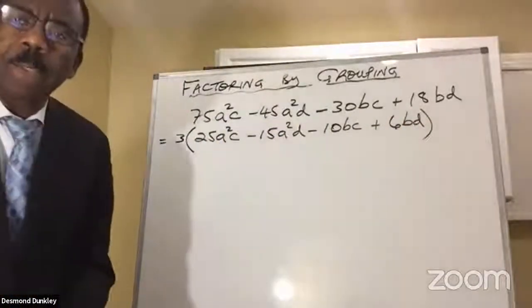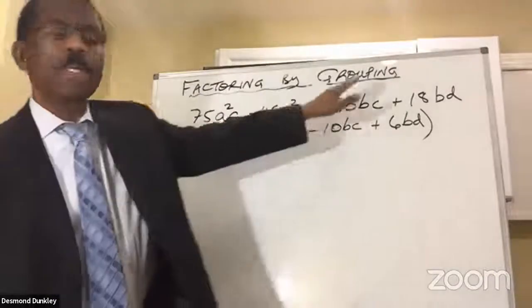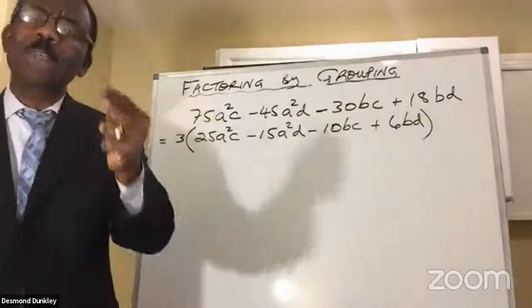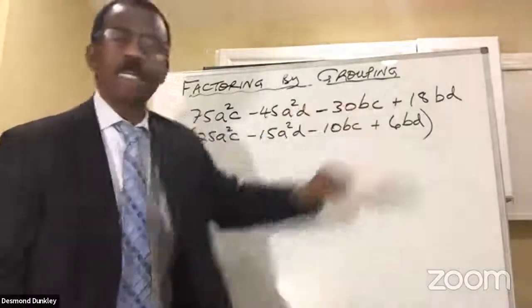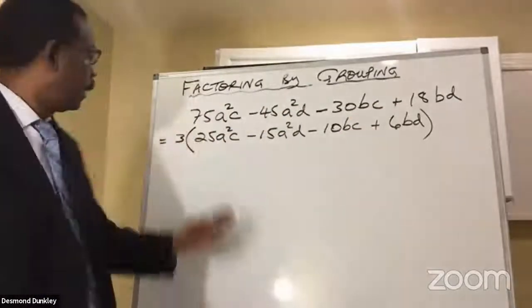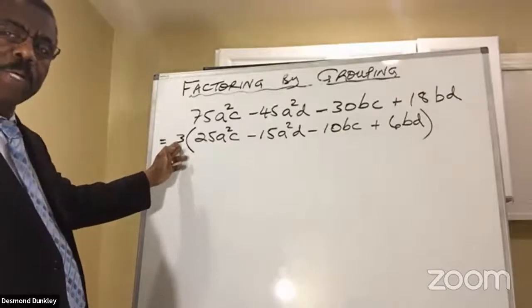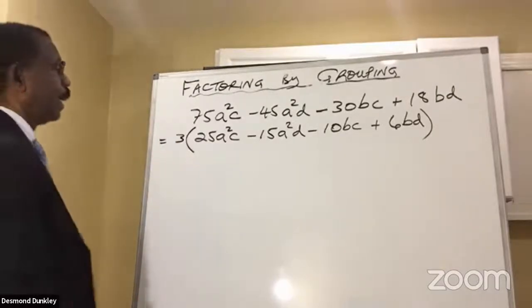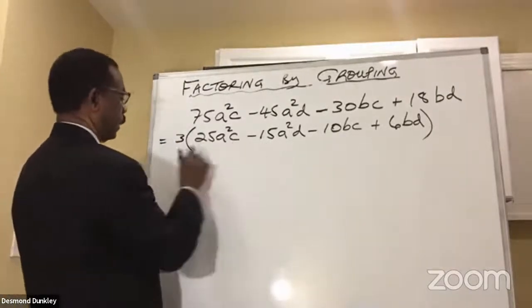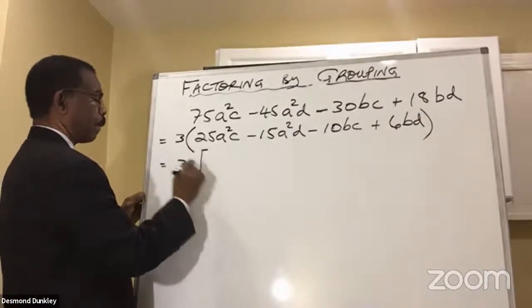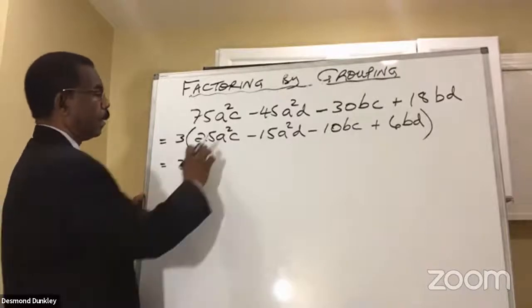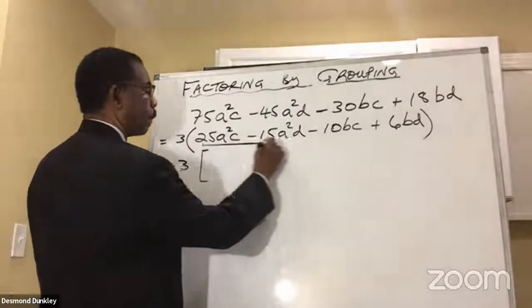All I did was I noticed that 3 is common to all 4 coefficients. 3 can go into all of them. So I start by factoring out 3. And now I'm going to group these two. So now we have 3. I'm going to use a square bracket. When I group these two,